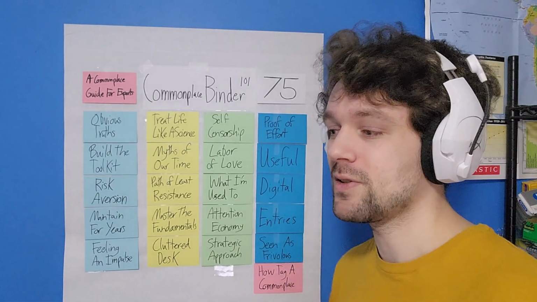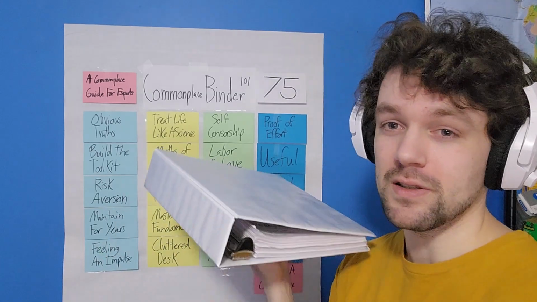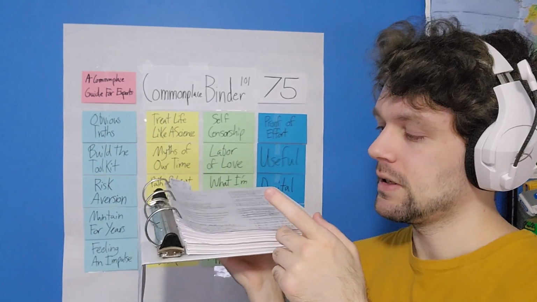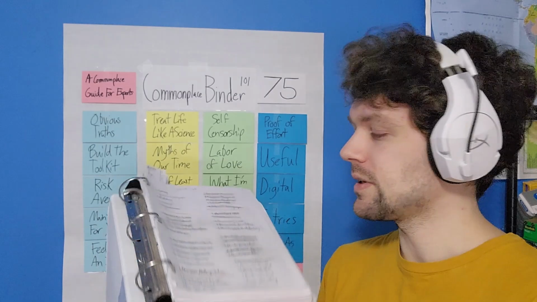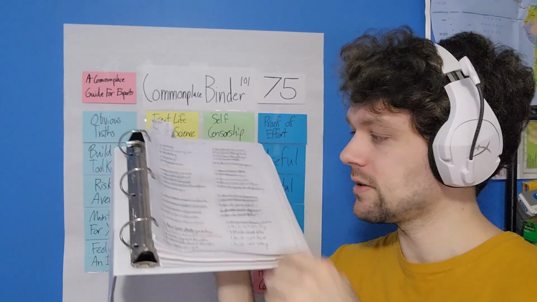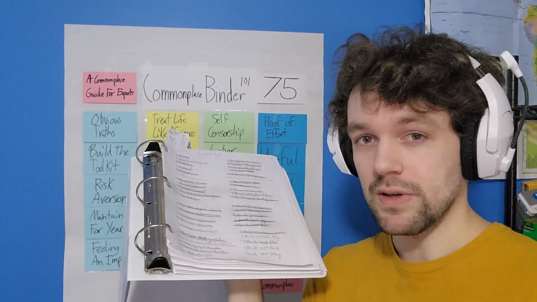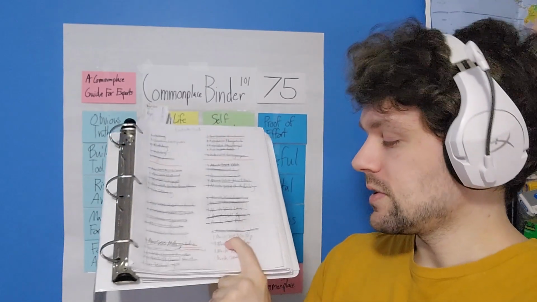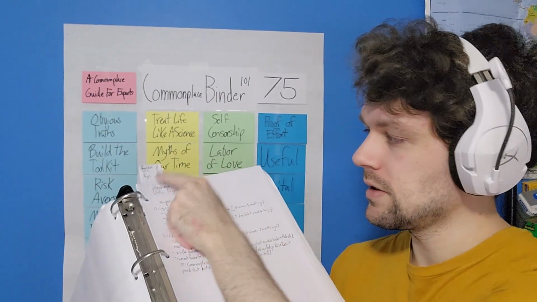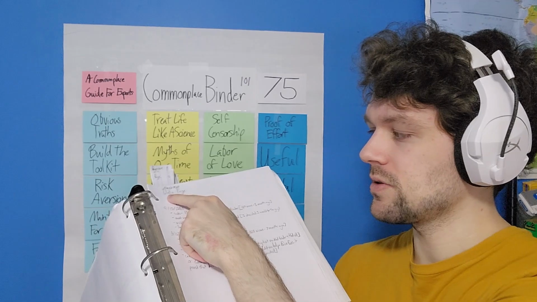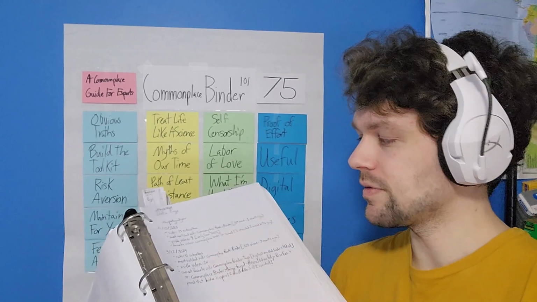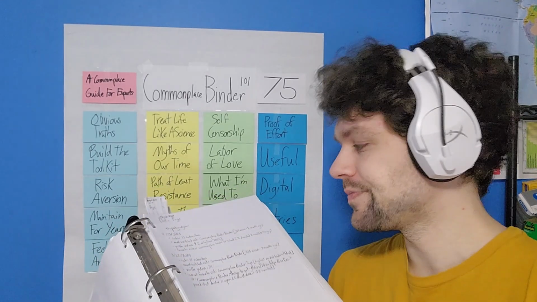Master the fundamentals. So what are the fundamentals of a commonplace binder? In a normal commonplace book, there'd be an index in the back, which would say exactly where everything is. Sometimes it might be in the front, other times it'll be in a random place, but basically what I do here is, this is the contents page. I write down the titles of sections, or categories, or whatever you want to call them. And so this is March 2024 data page. If we go to the end of the content section, we can see there's a little tab at the top that says March 2024 data page, and then March 2024 data page. You don't necessarily need to write it absolutely everywhere. If you have multiple pages, it's probably good to write it at the top somewhere.